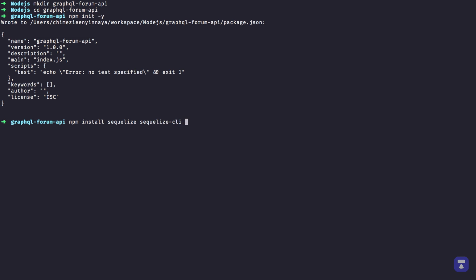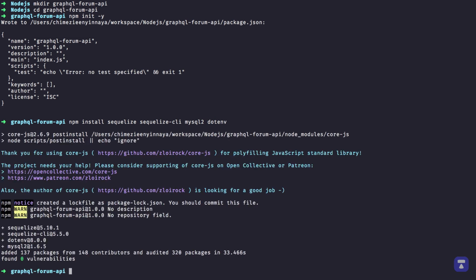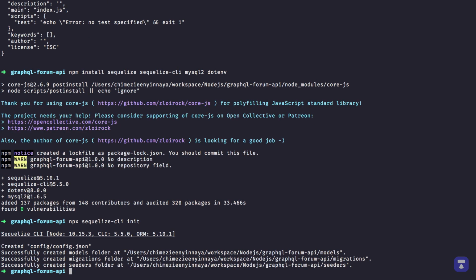Since we are using MySQL as our database, we need to install the MySQL driver as well. Then lastly, dotenv, which will allow us to make use of environment variables. Once that is done installing, we can make use of the CLI to bootstrap a new project. Then init. The CLI has created some folders and files for us, which we will go through as we progress